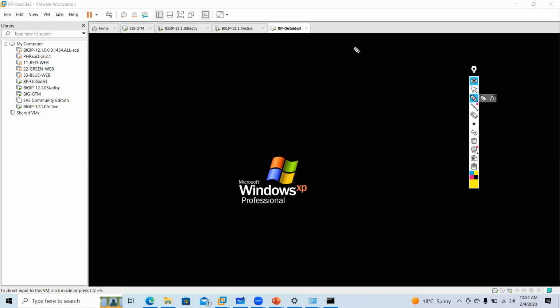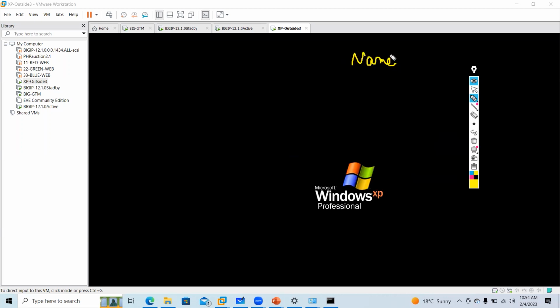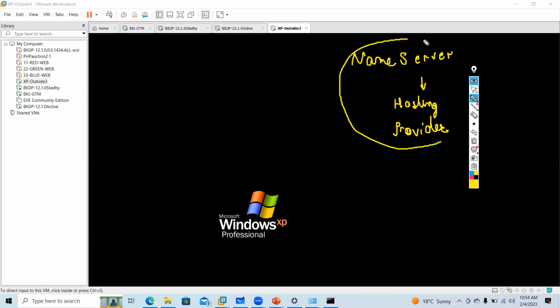We will talk about the flow, but you need to understand the name server component. That is important. Name servers are always managed by your hosting providers, so you don't need to worry much. These components are basic to understand GTM stuff.